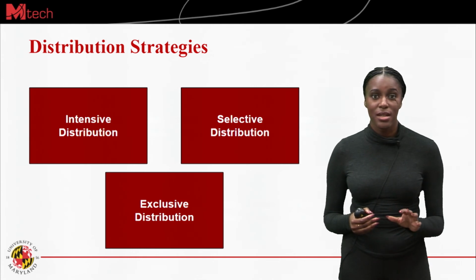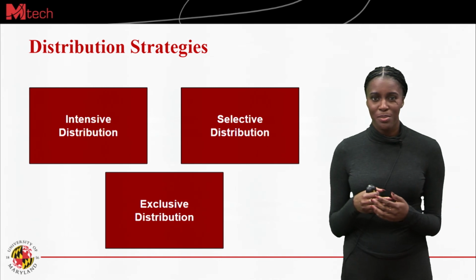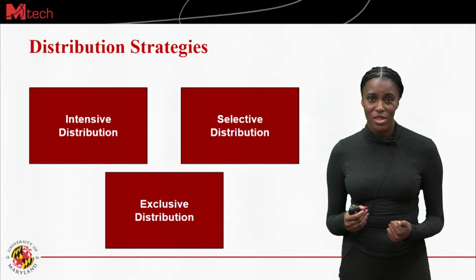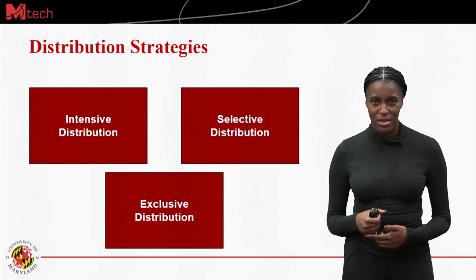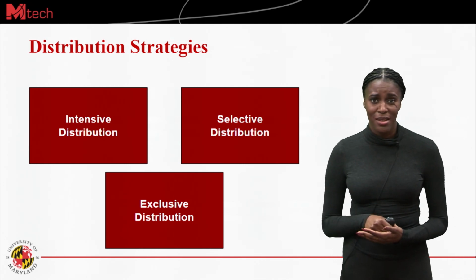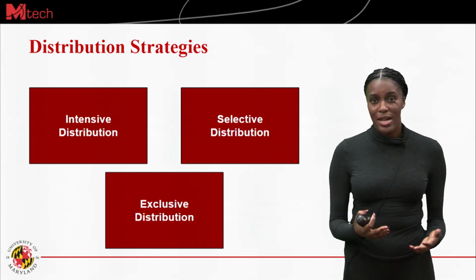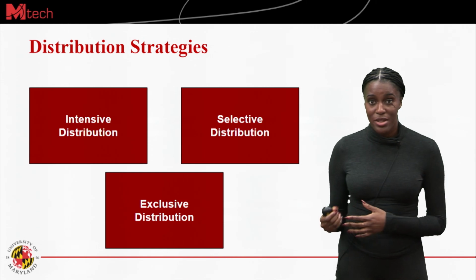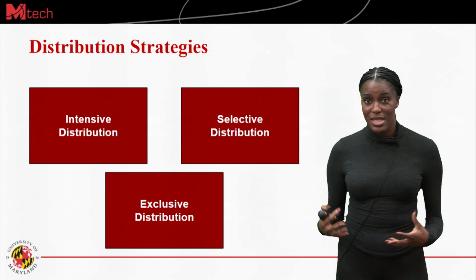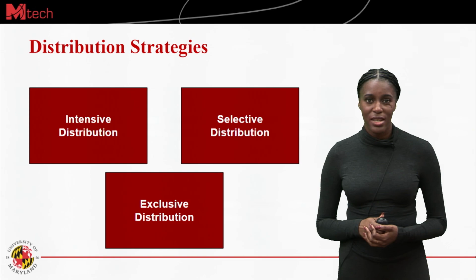And then the last is exclusive distribution. This is where you want tight control on who is actually facilitating the sale of your product or service. So maybe there's only one way that your product can be sold or from one storefront. And this gives you a higher level of control, but it can also be a lot more cost intensive. Because now, instead of being able to utilize other channels, you may have to pay for a key partnership to have it in one exclusive store, or you may be paying a lot to maintain the operations of doing the distribution yourself. So those are things to think about when you're defining your channel strategy.